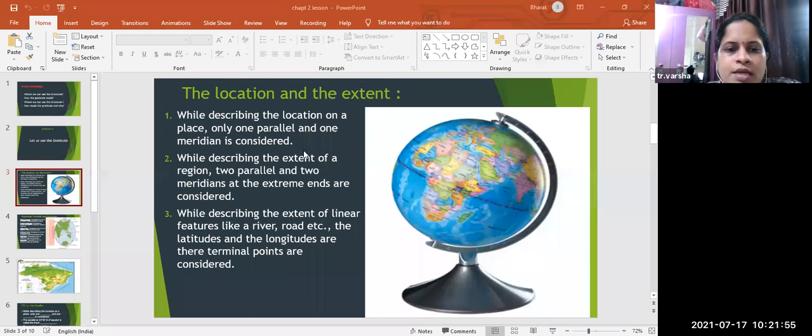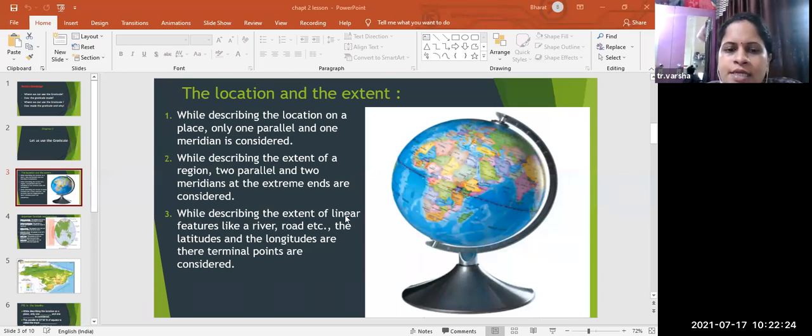For example, I can give you a square. How do we measure the square? The edge or the outer part we take as an area, right? We have got four sides. Similarly, when we take two parallels and two meridians, they will make a square shape, okay. For reading it, we take the extreme ends of that, we'll consider the edges, okay.